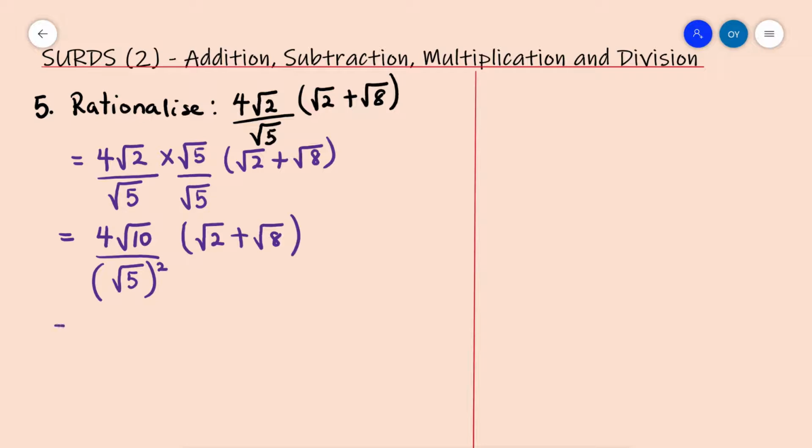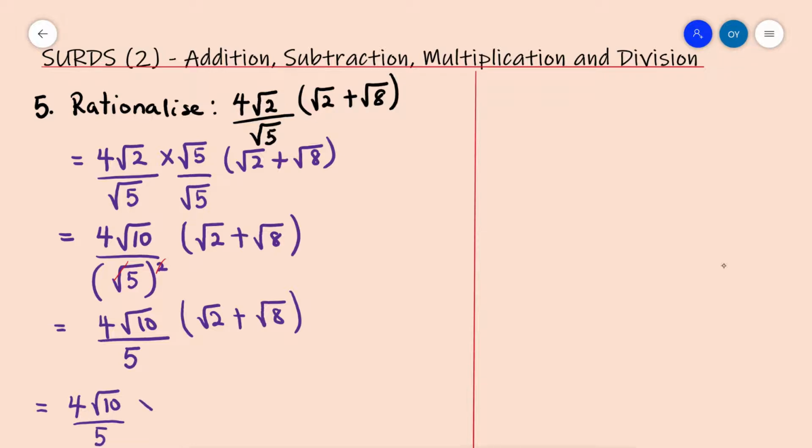Okay, and this is 4 root 10 divided by 5, remember the square root cancels the square, then we have root 2 plus root 8. Okay, so now we can open the bracket. We have 4 root 10 divided by 5 multiplied by root 2, then plus 4 root 10 divided by 5